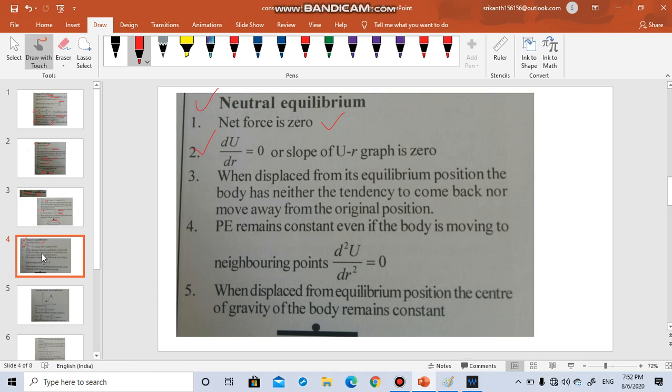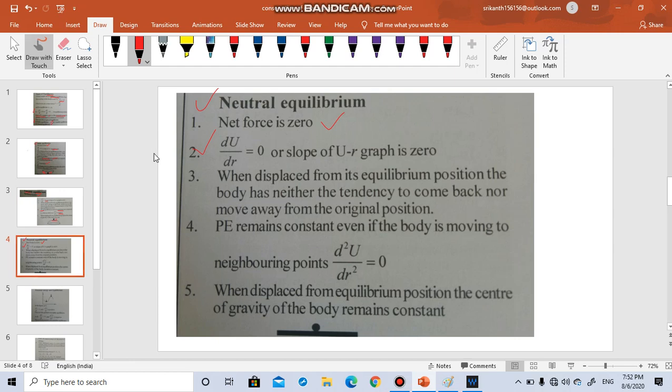Those who are seeing this video for the first time, I would say see the video again, because for the 11th class the differentiation is not done. I am just trying to tell you mathematically also, and using life experience also, practical point. At this point of time you need to understand that there are basically 3 types of equilibrium. One is a stable equilibrium, another one is an unstable equilibrium, third one is neutral equilibrium. In most of the problems we come across in physics, we will be using neutral equilibrium only. Okay, but however, you should know all the concepts.